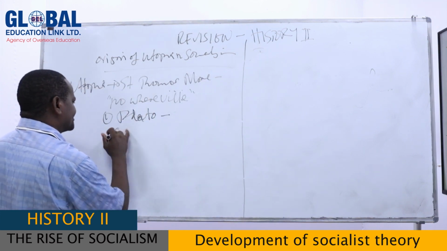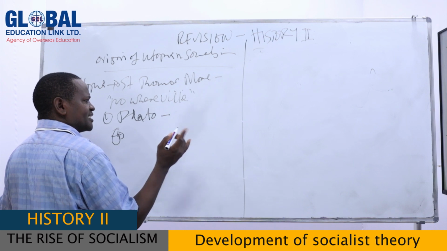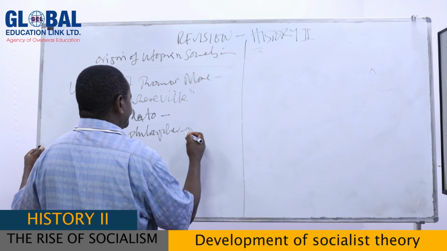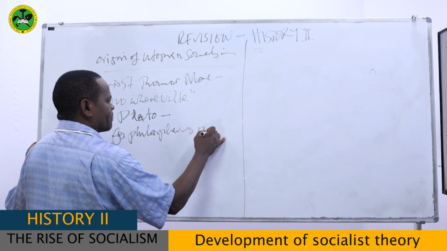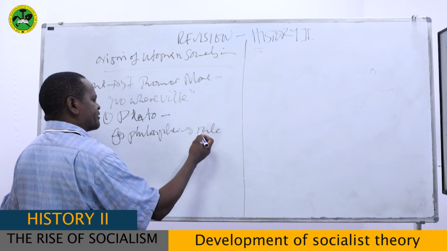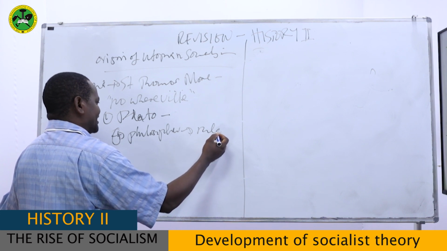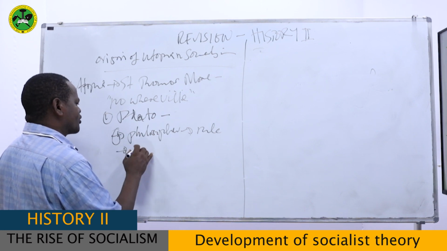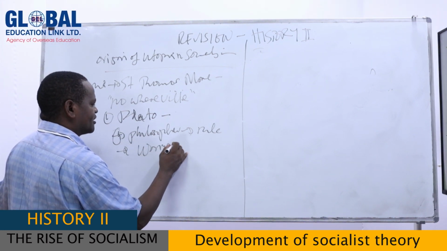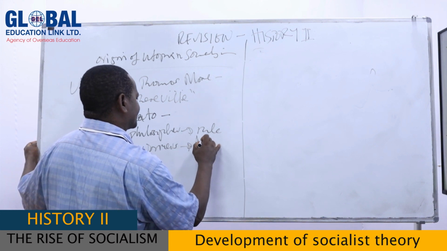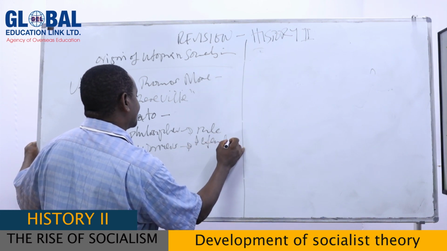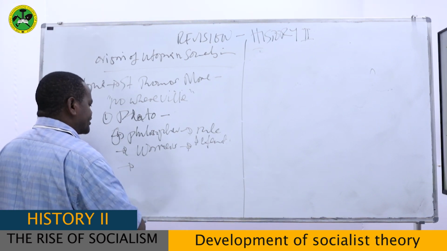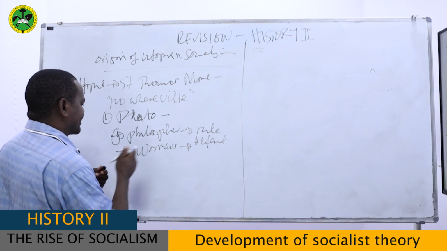The first class, according to Plato, was made of philosophers, and according to him, these were people who should rule. That means he was speaking of philosophers, the very intelligent people, people with a lot of knowledge, and these people were destined to rule others. And the second group, he said, is the group of warriors. Warriors are supposed to defend the society. And the third group of people, according to Plato, is the commoners.